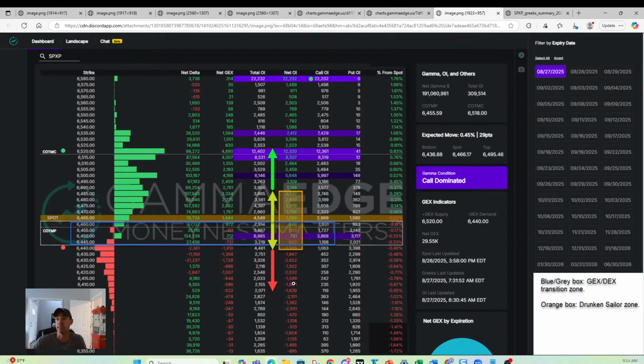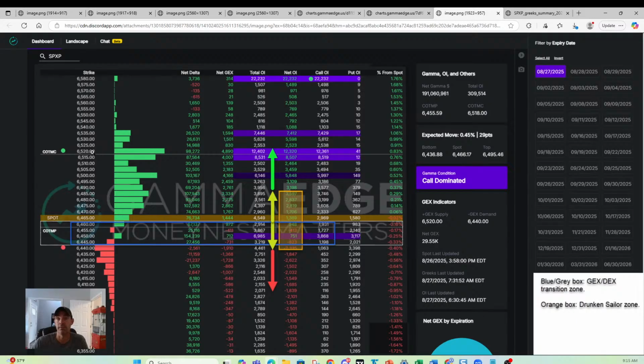Now, if we see a significant amount of out of the money put speculation starting to come in via our intraday volumetrics, then we'd look to be short below the drunken sailor range. And then obviously we'd be long above the drunken sailor range. 6,500 is that first kind of stopping area that we'd look at, that local peak gradient you see there, the call OI. And then we'd have to monitor the volume on the call speculator to see if we have enough volume to get pushed through this local area of 6,500.